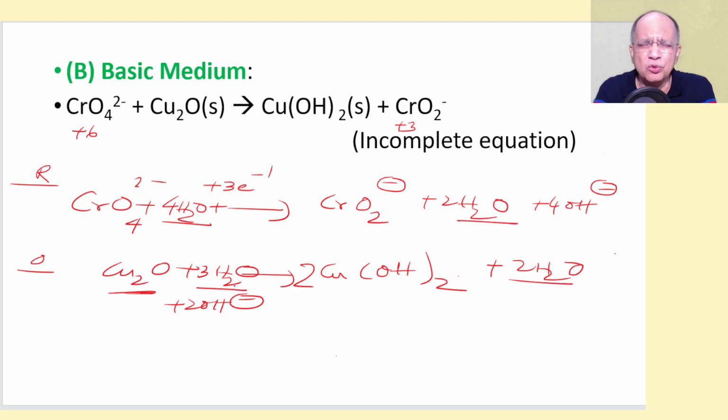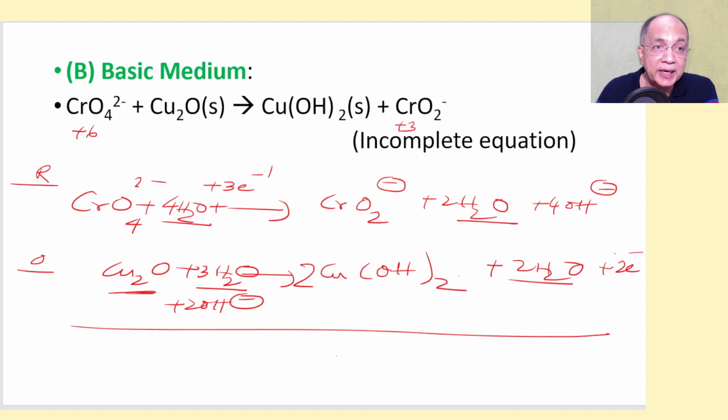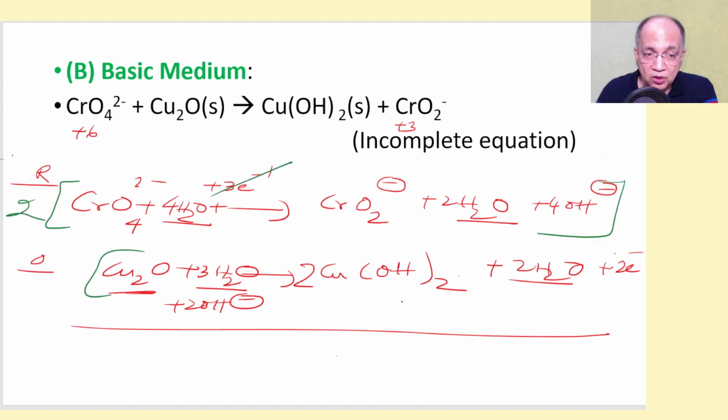So finally you have to bring it to one side, just like you do algebra. You can do that. And then equalization of charge. Here there is no charge, here there is, so here it will be 2 electrons, so that -2, -2. Then you have to multiply the whole equation by 2, so that 6 electrons, and the whole equation by 3, so